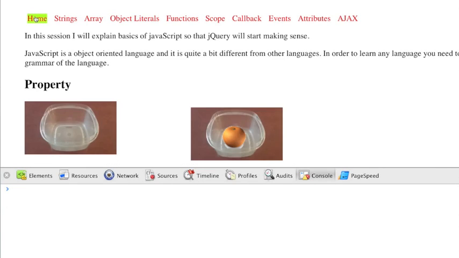Hi, in this video I will explain basics of JavaScript so that jQuery will start making sense to you. JavaScript is an object-oriented language and it is quite a bit different from other languages. In order to learn any language, you need to know the vocabulary of that language, so that's where we will